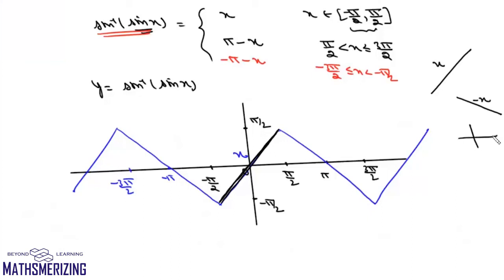And if the line passing through x equals a intersects the y-axis above the origin, then its intercept will be plus a. And if the line passing through x equals a intersects the y-axis below the origin, then the intercept will be minus a. Now in this case, the angle is 135 degrees, so it is minus x. And here it is going to intersect the y-axis above the origin, so it'll be minus x plus pi, because this value is pi.